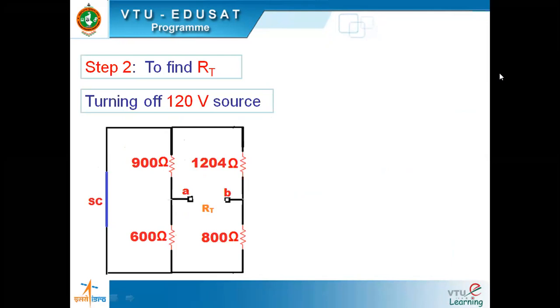Okay. Now can you make out the resistors which are in parallel? This is challenging. This is the challenge I told you about. How to find out RT? See here, everybody, just understand. I'll take two terminals A and B. Now let's say this is the short circuit point. So this is the short circuit point, which means 900 ohms is also coming here, 600 ohms is also coming here, and those two are again joined here. That means 900 ohms and 600 ohms are in parallel. Similarly, 1204 ohms and 800 ohms are in parallel.